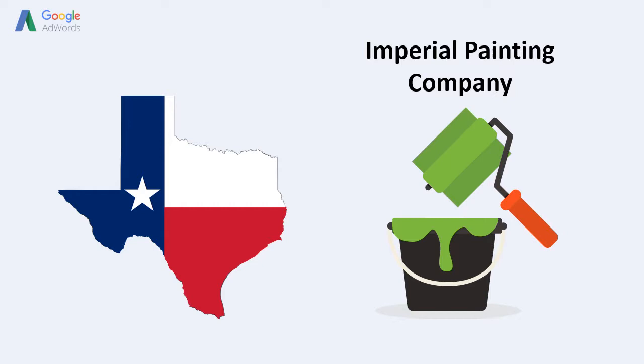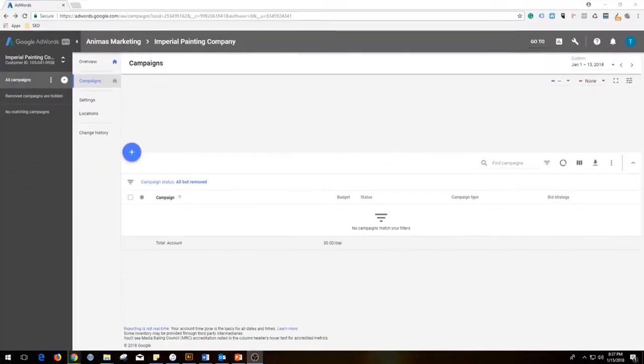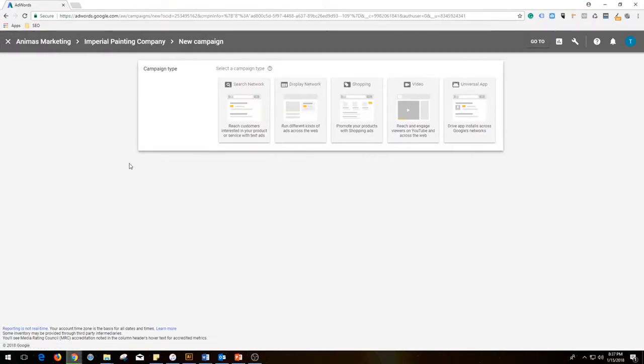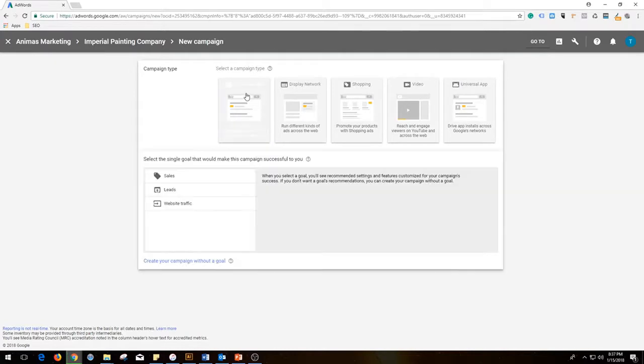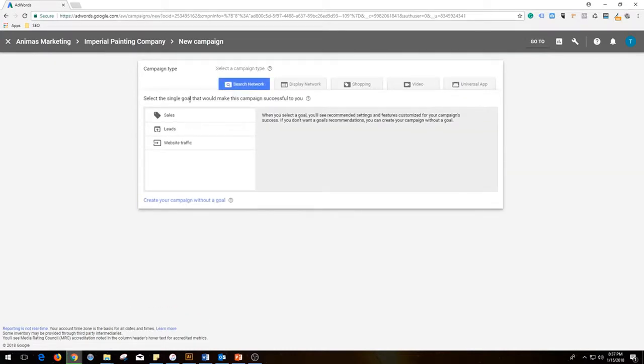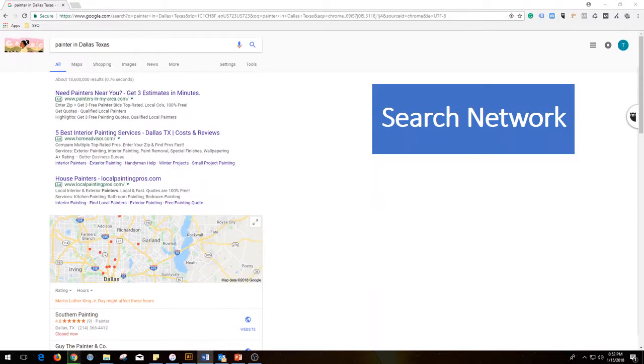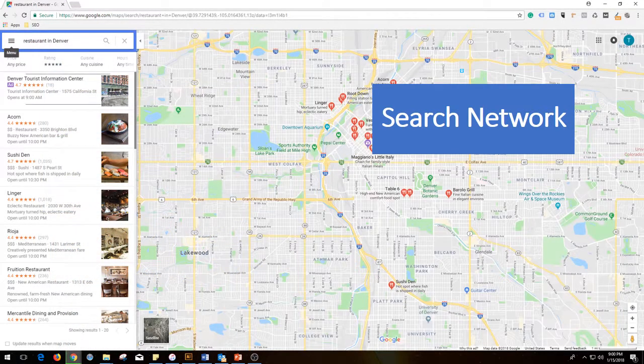With an interest in displaying an ad on Google, they begin creating a new campaign in AdWords dashboard. In selecting a campaign type, they decide to choose the search network. Now, before we continue, let's touch up on how each campaign type works since you'll come across these paid advertisements on search engines next to the organic results. The search network allows you to create a text ad to be shown in search results or other Google sites such as Google Maps. The text ad can also be displayed on Google search partner websites, extending the reach to